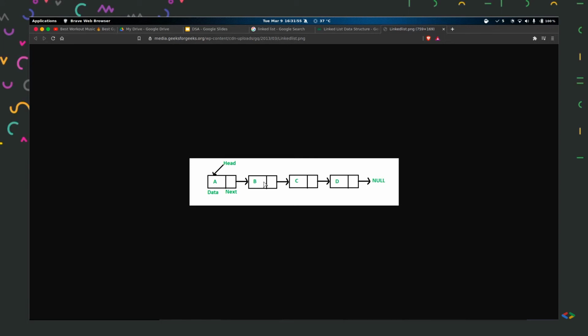So in order to access, say, a node after 3 units of nodes, we'll have to traverse. But in a vector, the implementation has arrays beneath it, so we can access the data directly in order one time, whereas a linked list takes order n time to access the data in other nodes. So this is one of the differences between linked lists and vectors.